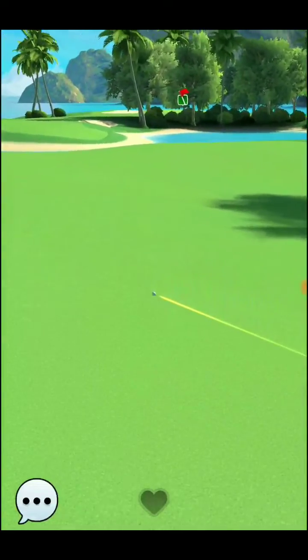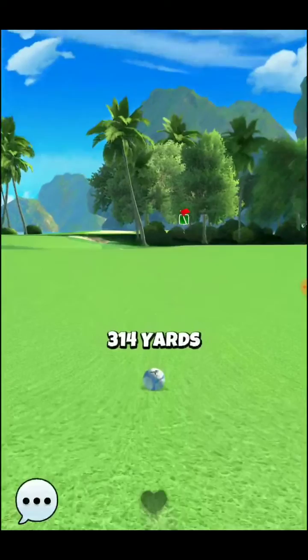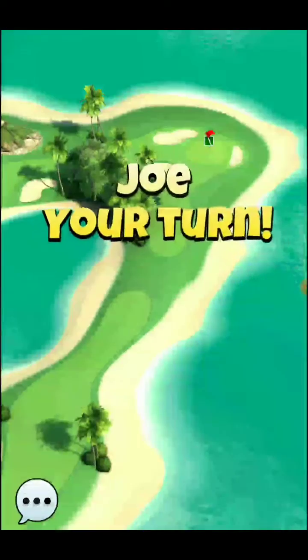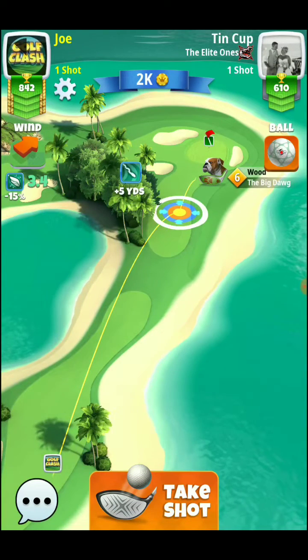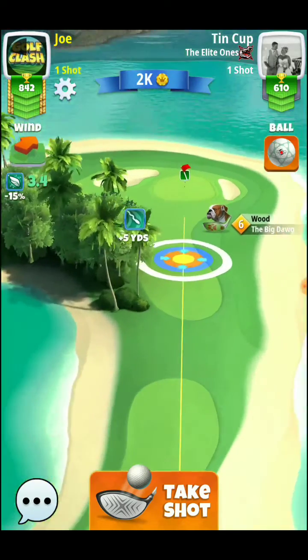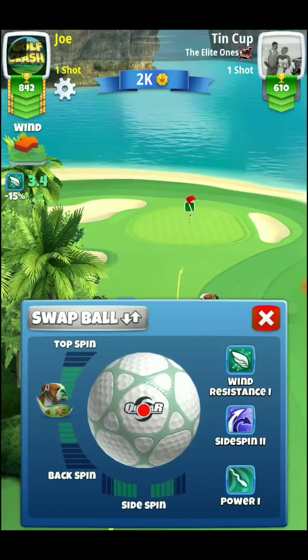So for the second shot, we got the big dog. And depending on where your ball lands on the fairway for your tee shot, that could definitely affect how much spin you're going to use for the second shot. We'll see how much we have here. We're not going to play any kind of elevation here for this shot, so 3.4. And as you can see, let's see what we got. We're going to go with,